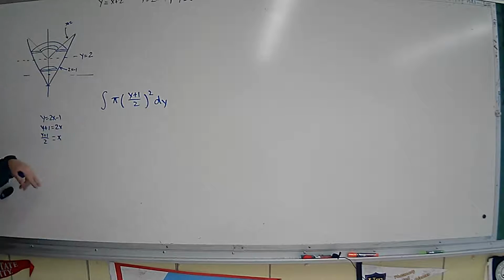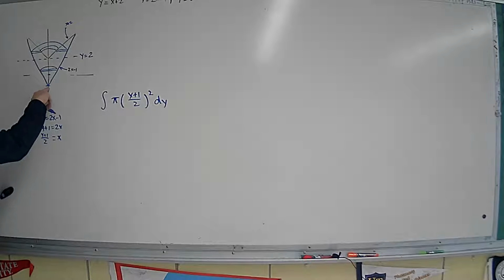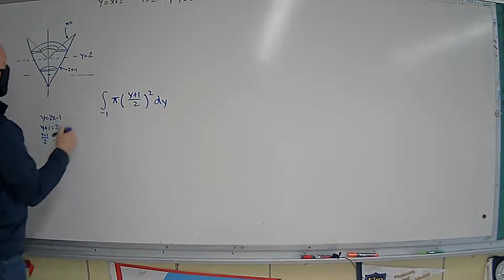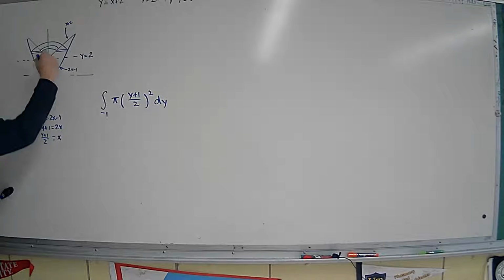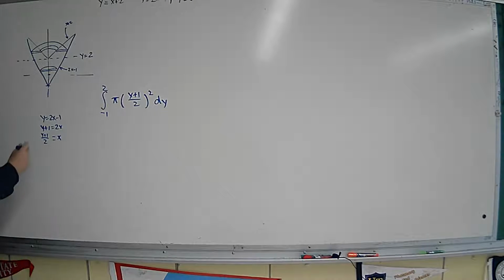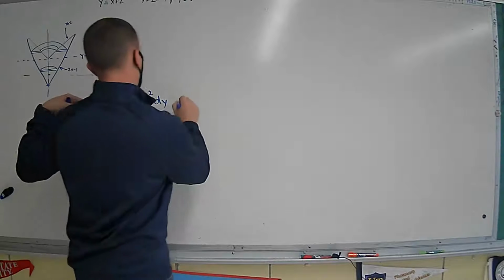So I'll stack those up from where to where? What's that guy right there? -1. And what's this guy right here we said was 2? So that's going to give the volume of that cone part. Okay, that part that we just found, that's essentially a cone. Okay? Plus,